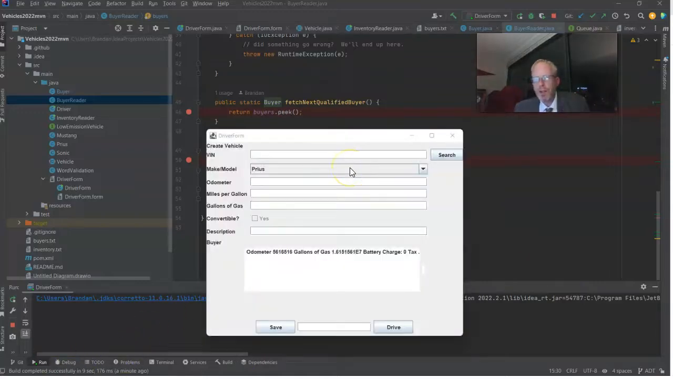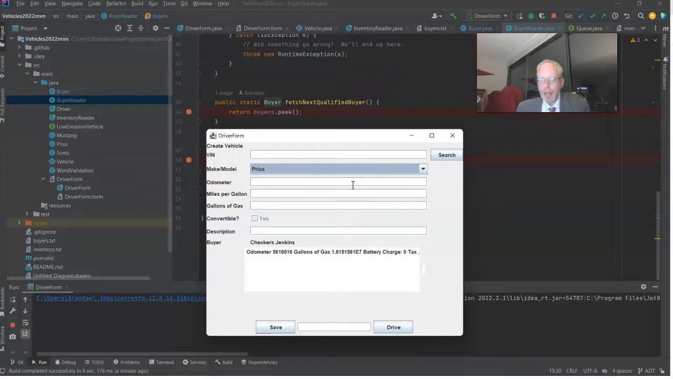So when I first choose from the drop-down, it just peeks at the next item on that queue, and I can keep peeking at that, and that's not going to change, right? But when I save is when it actually pulls that item off of the queue, and then the next object on the queue